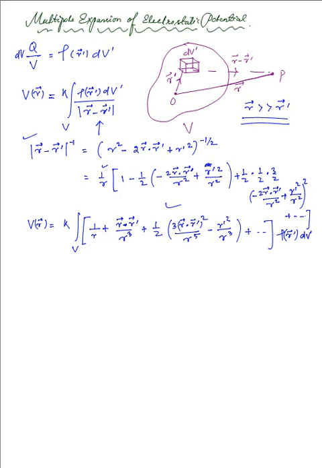Now as this r vector is independent of the variable of integration, that is r prime, that can be taken outside of the integration, and so we have V(r) over here to be equal to k, and we keep 1 over r out of that integration, so we have this over the entire volume, rho of r prime dV prime. That's for the first term, and as far as the second term is concerned, we have r over r cube that goes out, and then we have r prime rho of r prime